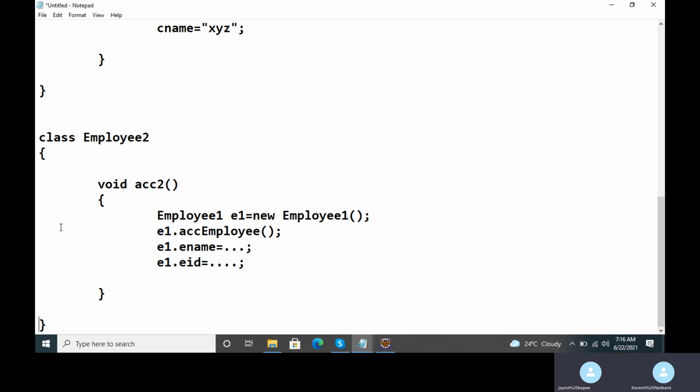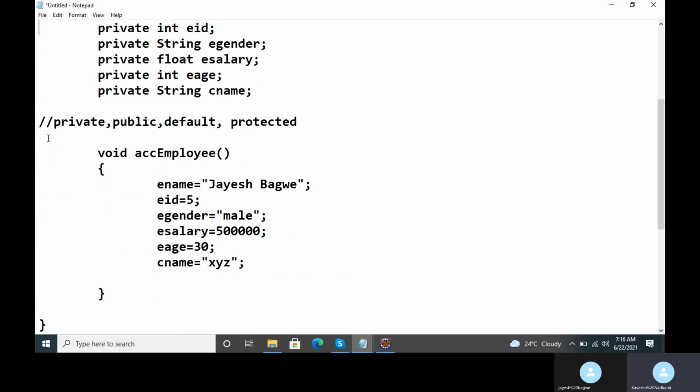Clear? So this is one part. Now acceptEmployee has the default access modifier.